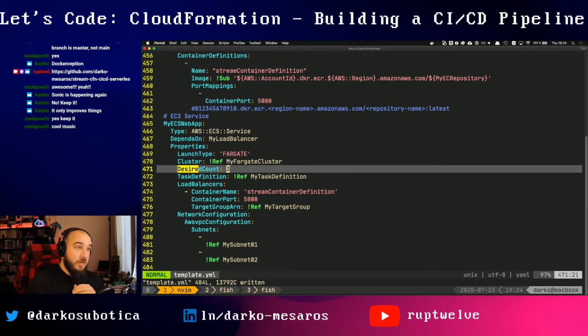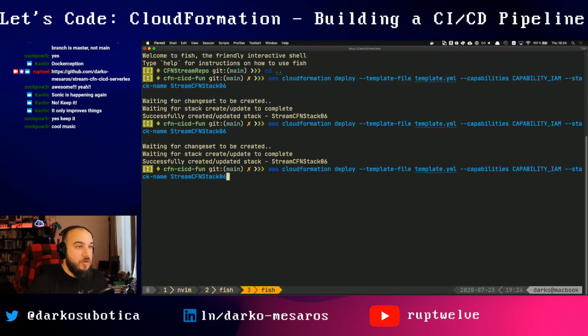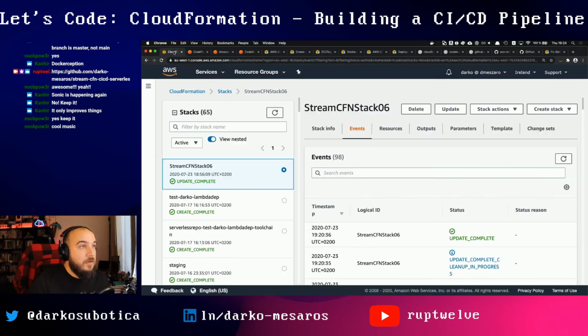So I have to set the desired count to 0. And then once this image is actually available in ECR, I can set this up somewhere. So I've bumped up the desired count to 3 right now. I am gonna change here, deploy this thing, and if I go to